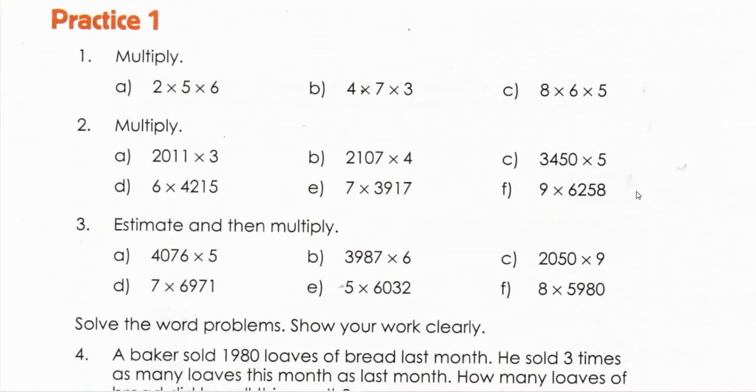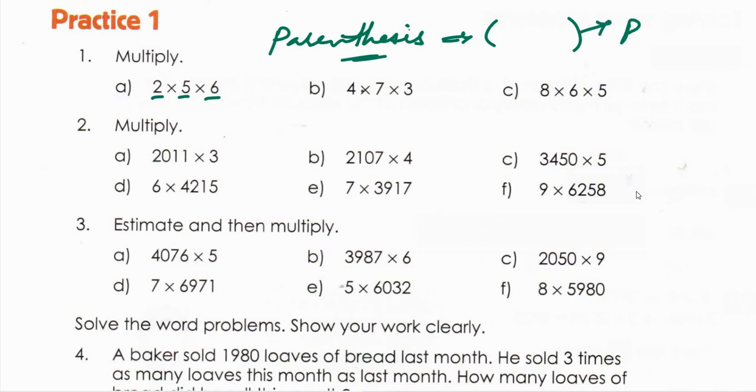Similarly, I think you can do this, 2 into 5 into 6. This is very easy because you don't have parentheses in between. What do you mean by the word parenthesis? Parenthesis is nothing but what you call brackets. Here we don't have brackets. If you have brackets, this bracket means product, multiplication only. For that you have to follow one rule. I'll explain what is meant by the word BODMAS.